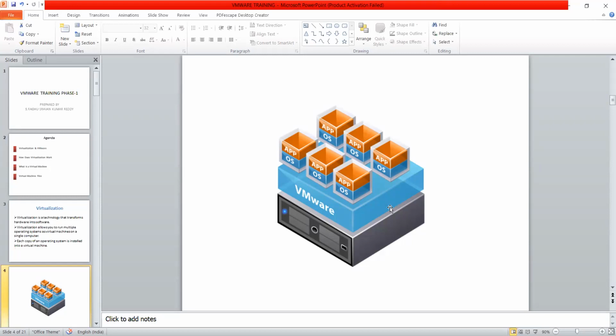That means you can give some 4 GB, 8 GB as per your requirement for the virtual machine. Up to 80%, even 85, 90% - people are using almost all the resources on the ESXi host physical layer, and will create individual virtual machines. For every virtual machine, we assign some hardware, and on top of that we install the operating system. And on top of that, what are the applications? Why are we creating the virtual machine? The same applications we are installing. That means one physical server, multiple virtual machines. That is the major advantage of the